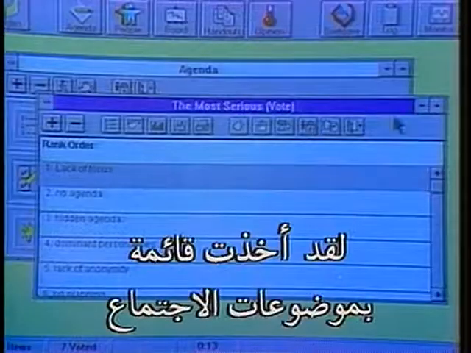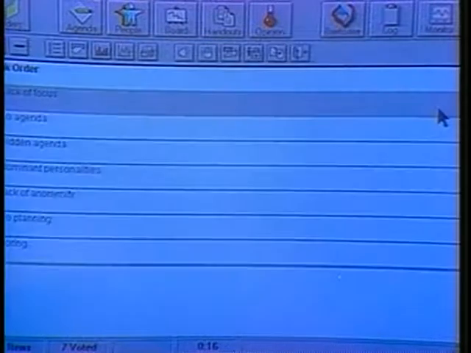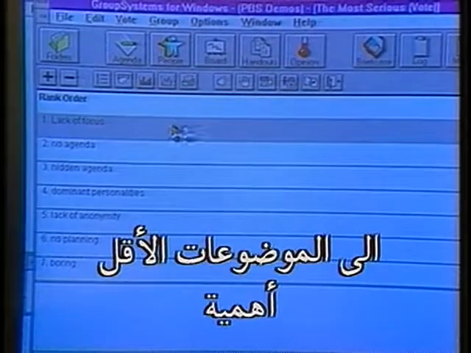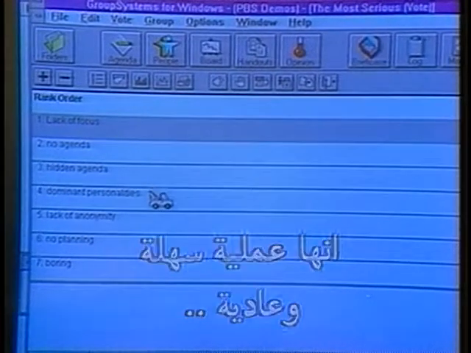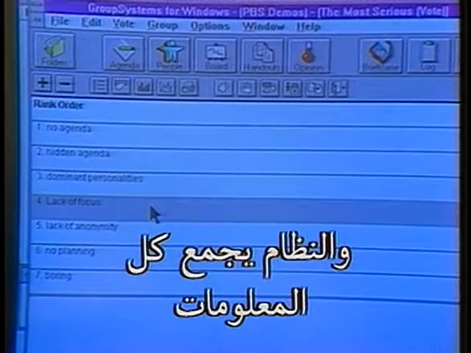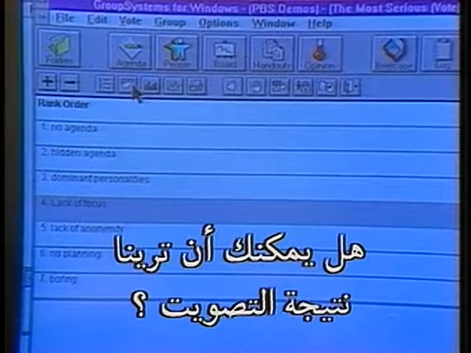And what I've done is I've taken a list of some of the typical meeting issues, and I put them into a rank order vote. We want to rank it from the most important to the least important issue. And it's really pretty drag and drop. Each of us attending the meeting could be doing the same thing. The system is compiling all the data. And you can show us the results of that voting? I can cast my vote,